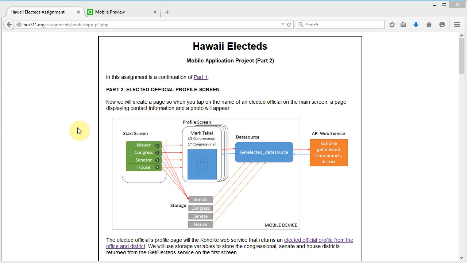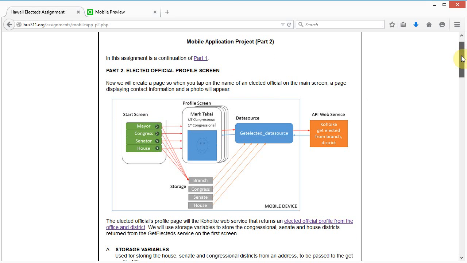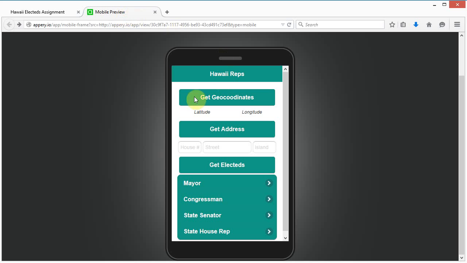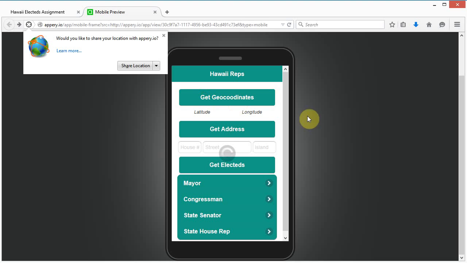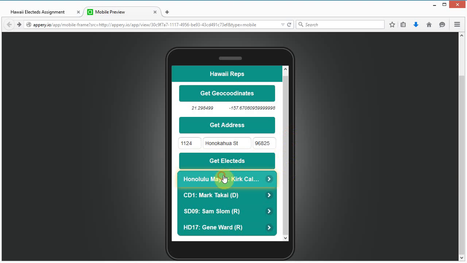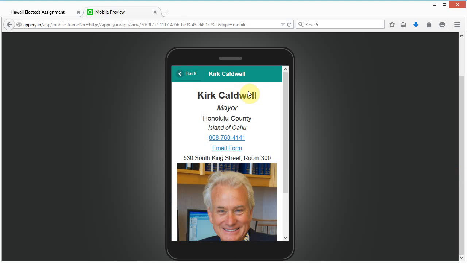Okay, in this video, this is going to be part 2 of our Get Electeds mobile application project. And in this video, we're going to show you how to connect up the buttons here to show the profiles. So if we look at our preview in our last part 1, we got this button to work, gets geo coordinates, gets the address, gets the electeds, and then when you click on a button, we see that this is